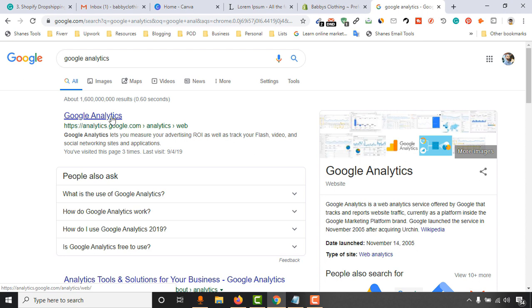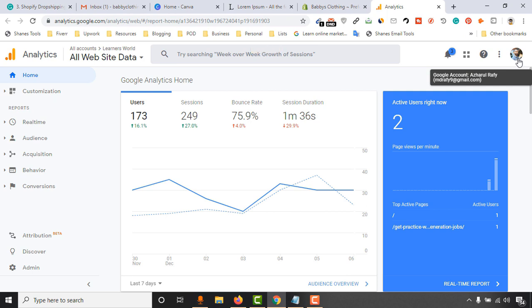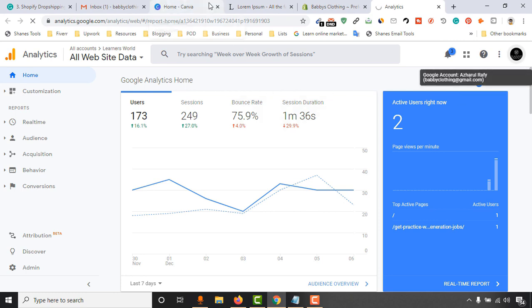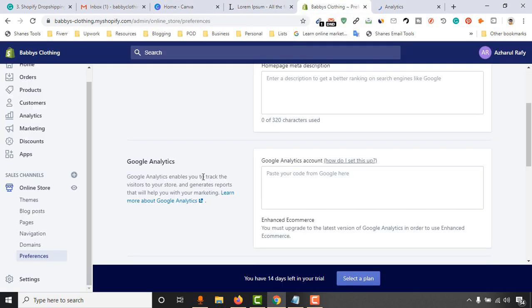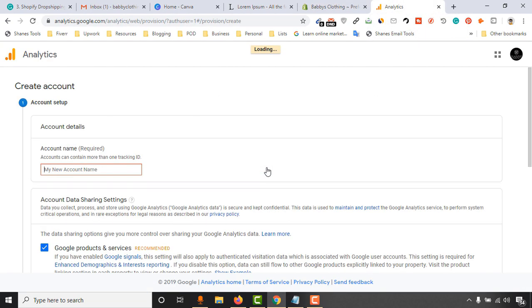And I'm actually going to remove these parts. All right, so click on this Google Analytics search result. I'm already signed in with one of my accounts, but I want to create one with my new account, which is for this website which we are working on. Just click on start measuring, and for my new account name, I'm going to put Baby's clothing,